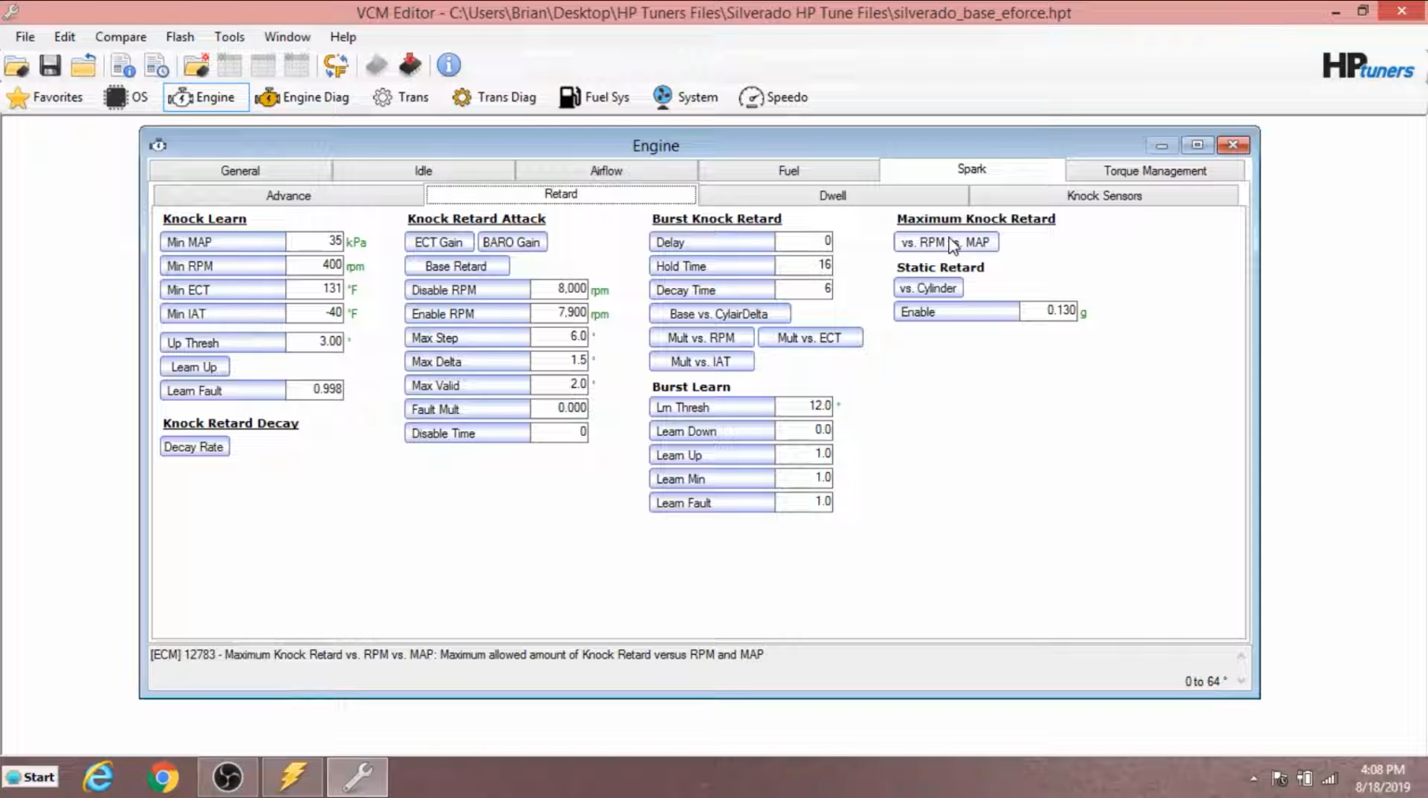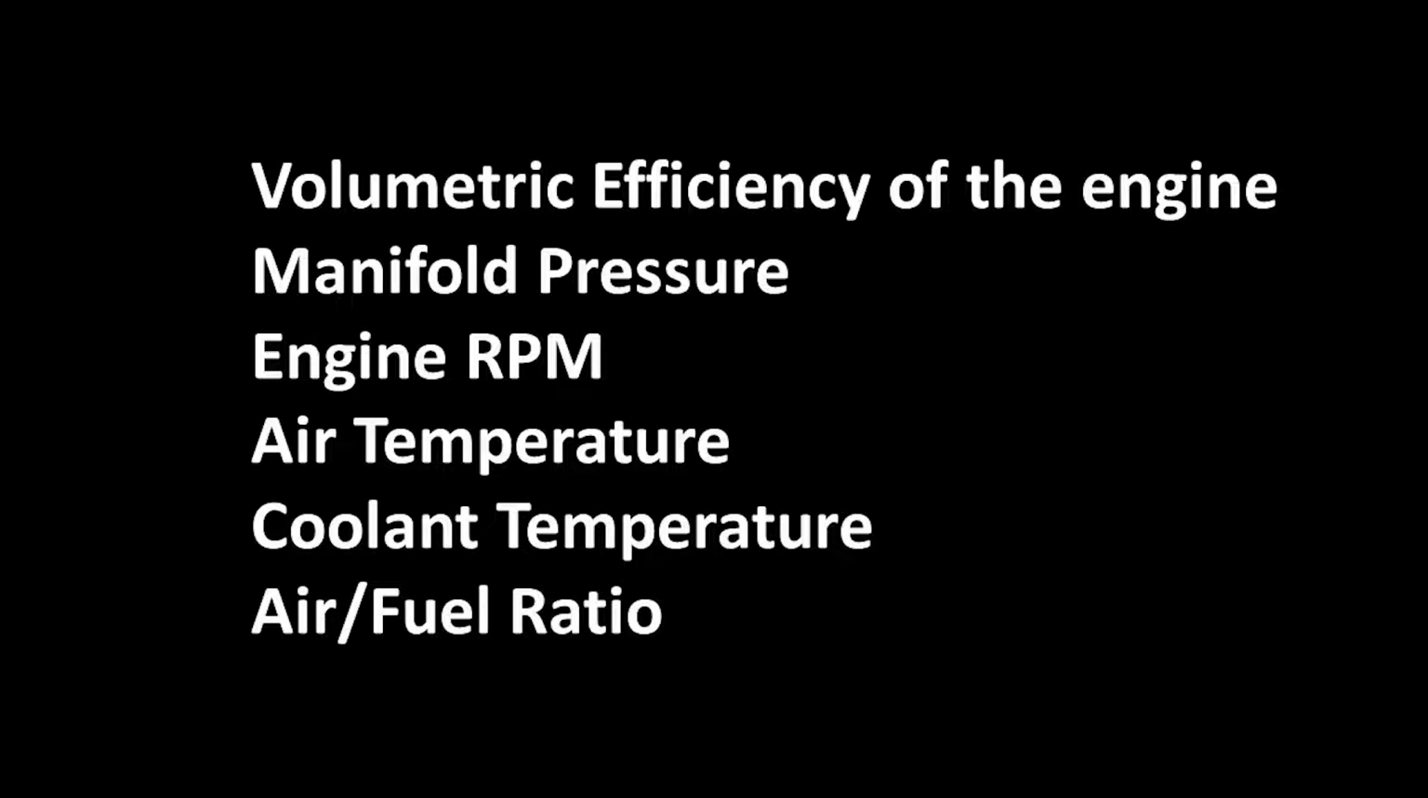Like I said, it's really not the best way to tune. Now let's talk about speed density tuning. So this is a fuel strategy that calculates the amount of